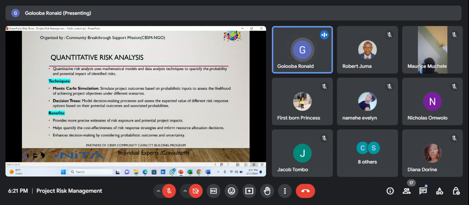And we can always use the formulas that we discussed to calculate or simulate this. I also shared the YouTube video on our WhatsApp group that members can watch and see how Monte Carlo simulation is conducted while using Excel. Then we have decision trees. These are models that model decision making processes and assess the expected values based on their potential outcomes and associated